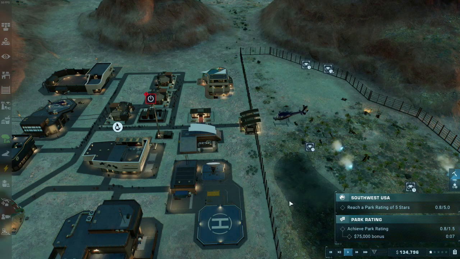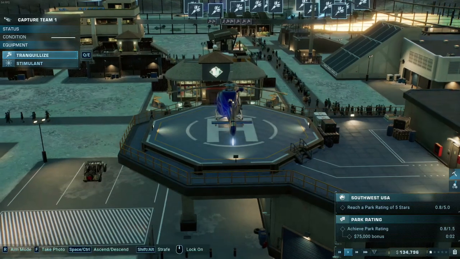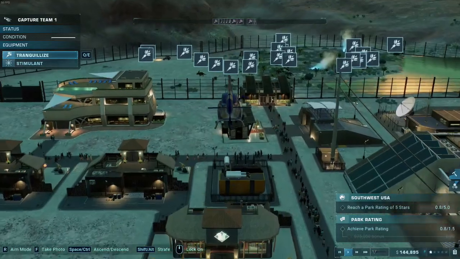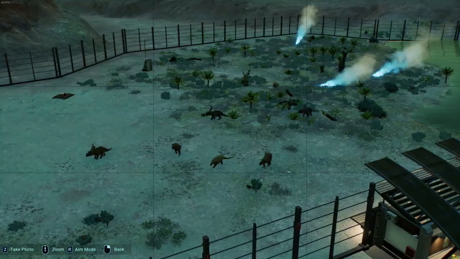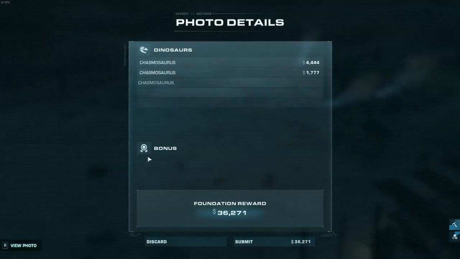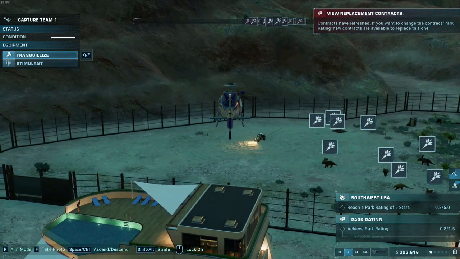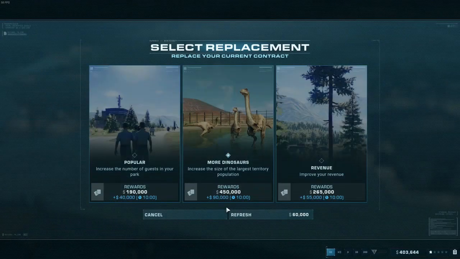Alright, we're kind of at a standstill, so let's take a moment to earn some extra cash with some dino pictures. Others. I'm assuming that's just because there's way too many copies to count, but that's a crispy $250,000 picture right there. Contracts have refreshed. Let's see if there's a...